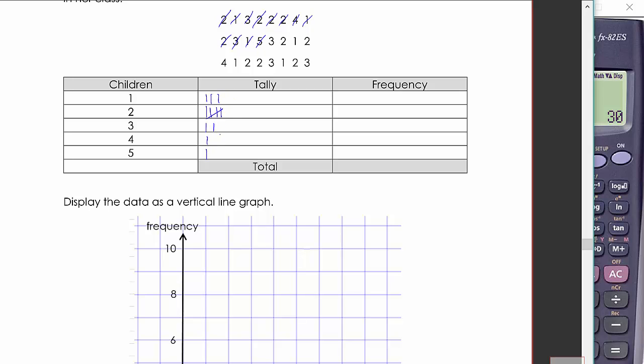We've got a 5, 3, 2, 1, and a 2. Then we've got another 4, another 1, another 2 2s. 3, 1, another 2,